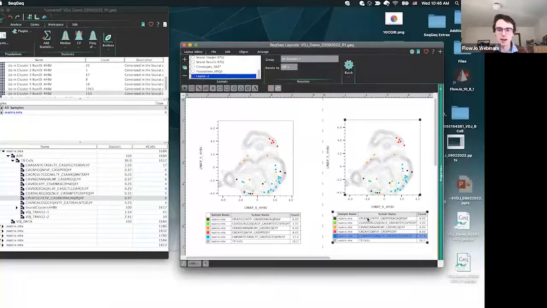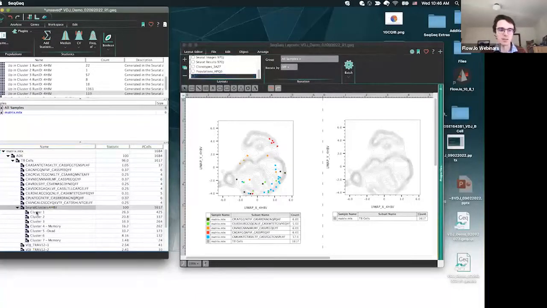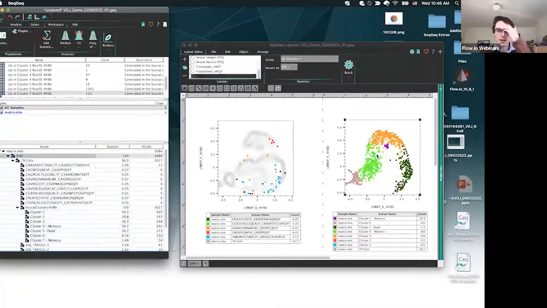So let me go ahead and I just cloned this same graphic. I'm going to remove my VDJ information. I'm going to go ahead and add my Seurat clustering information by dragging and dropping to overlay it. And we can kind of see, okay, so here's my Seurat clusters, and we can look at maybe how they